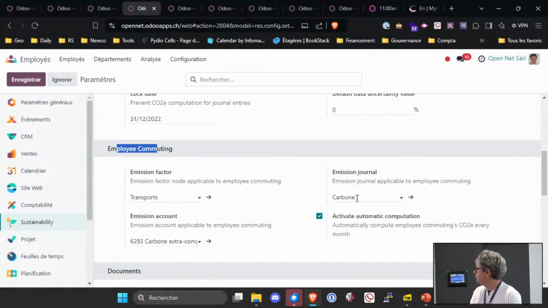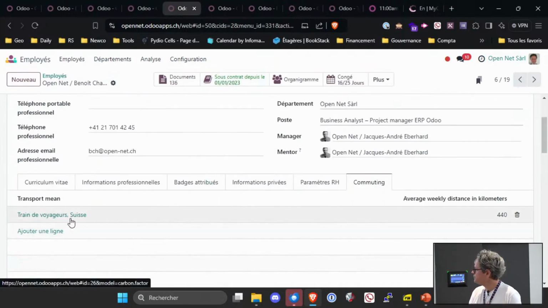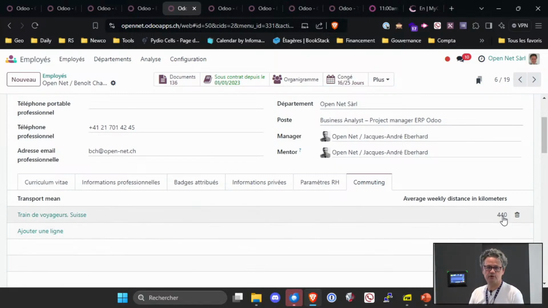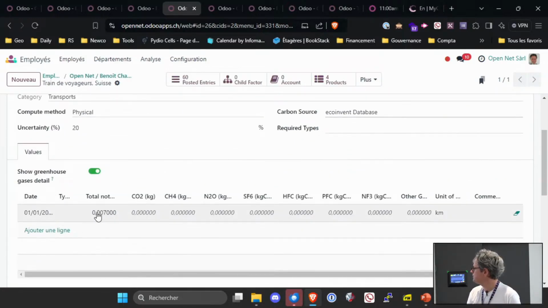You define the account where you want these to appear, and the journal where you want it to appear. Then every single month, at the beginning of the month, it will compute the entire impact of your employees commuting to the office. For instance, I am traveling by train, and every week it is worth 440 kilometers for me. Behind this emission factor, there is a specific computation: it is worth 0.007 per kilometer.